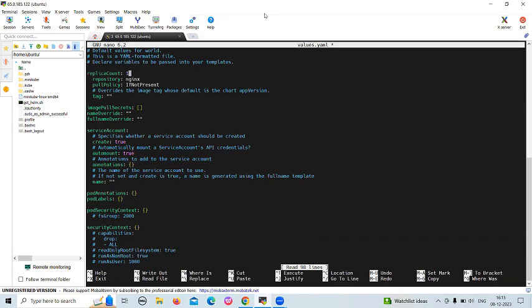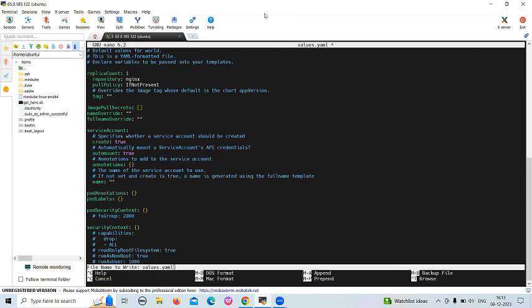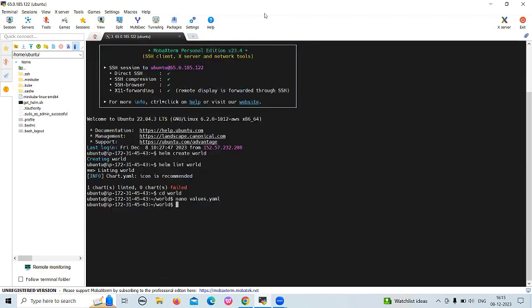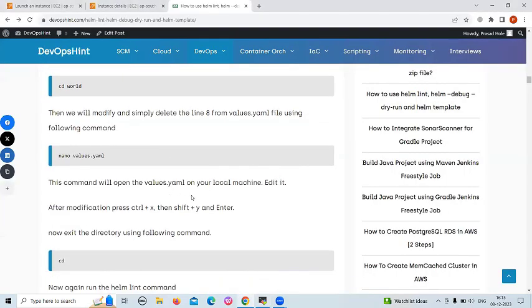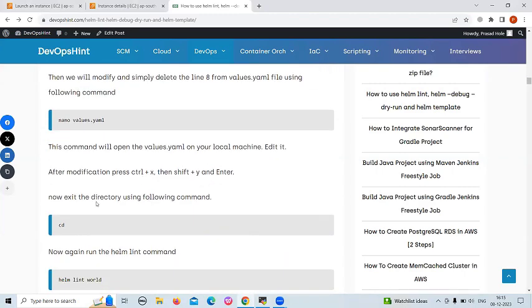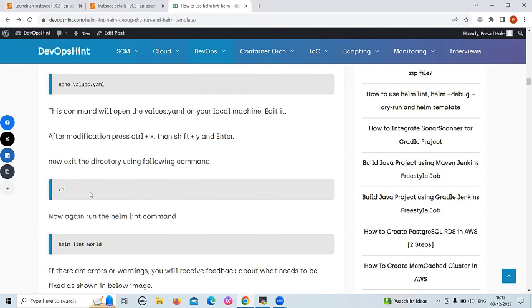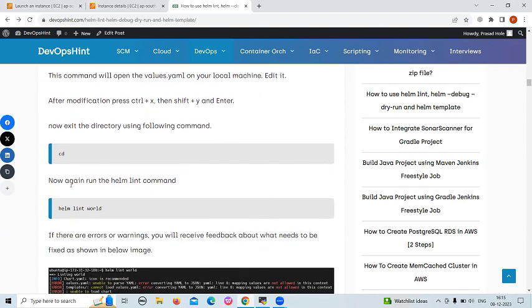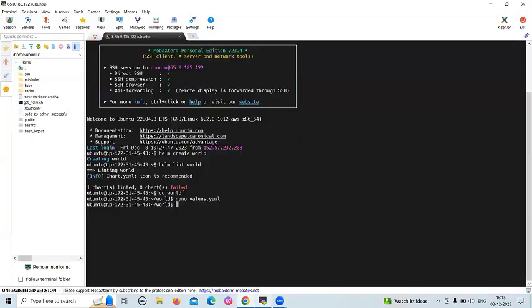Press Ctrl plus X, then Shift plus Y and hit enter to save the information. Now exit the directory using the following command cd. Then again run the helm command. Now let's exit the directory. Now run the helm command